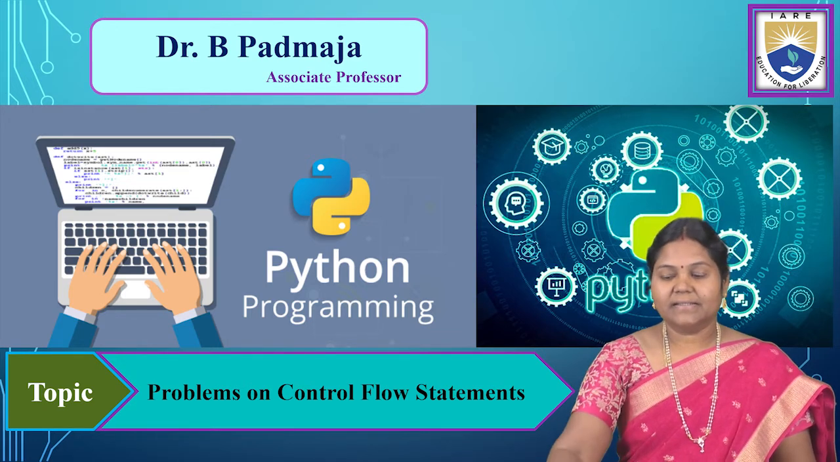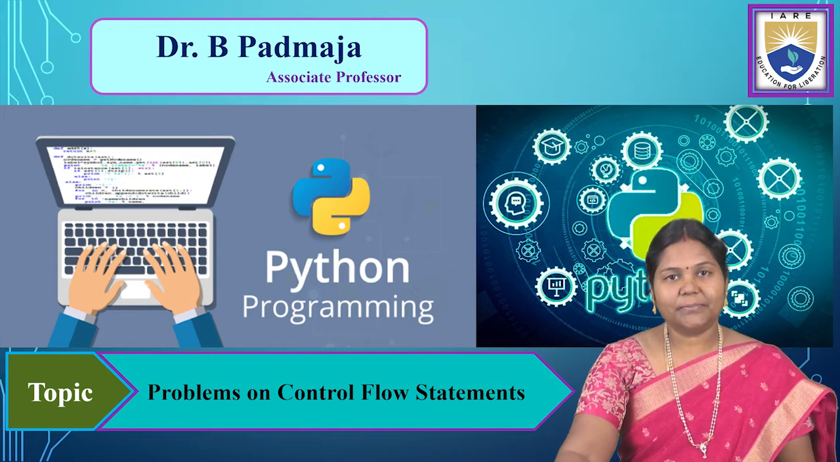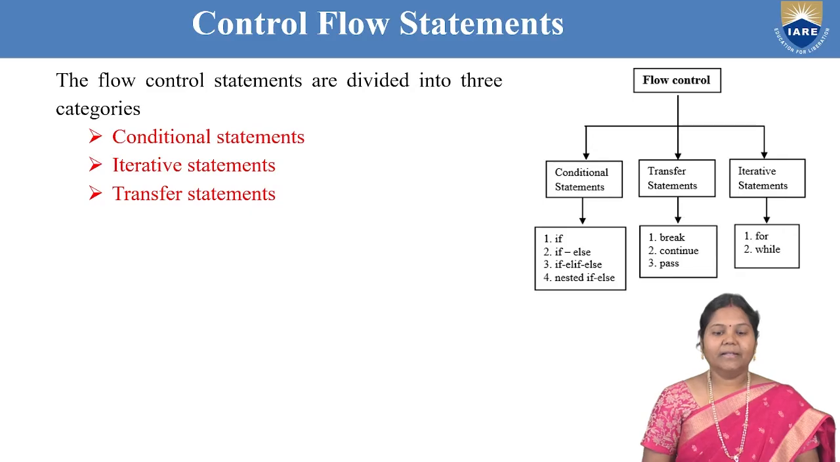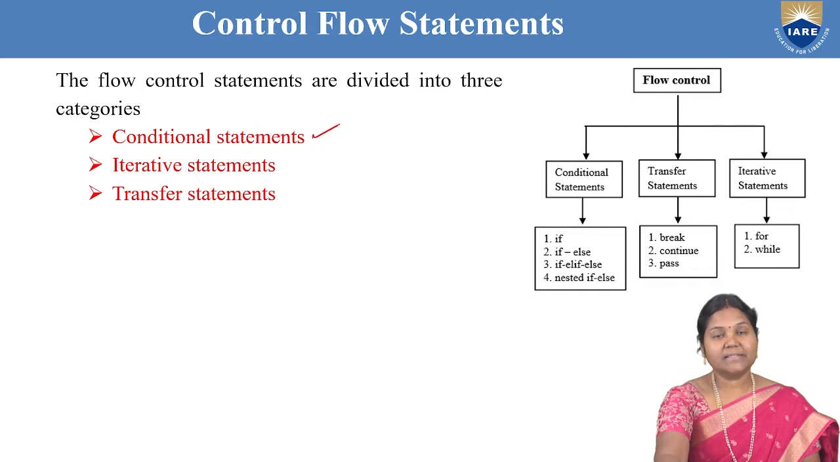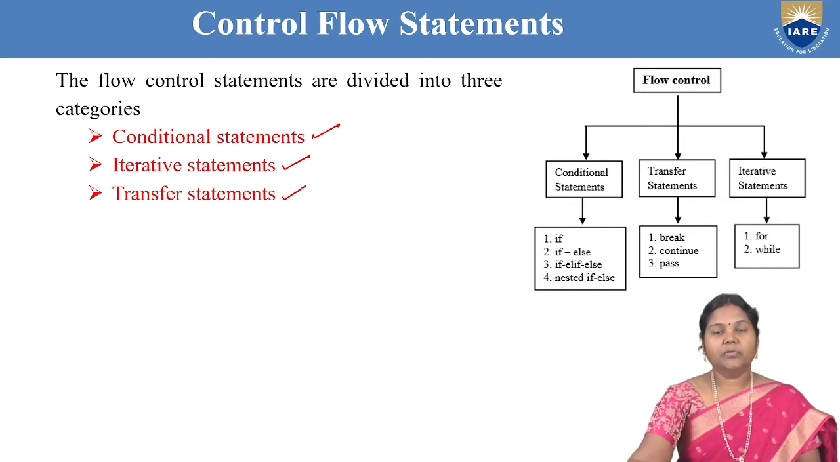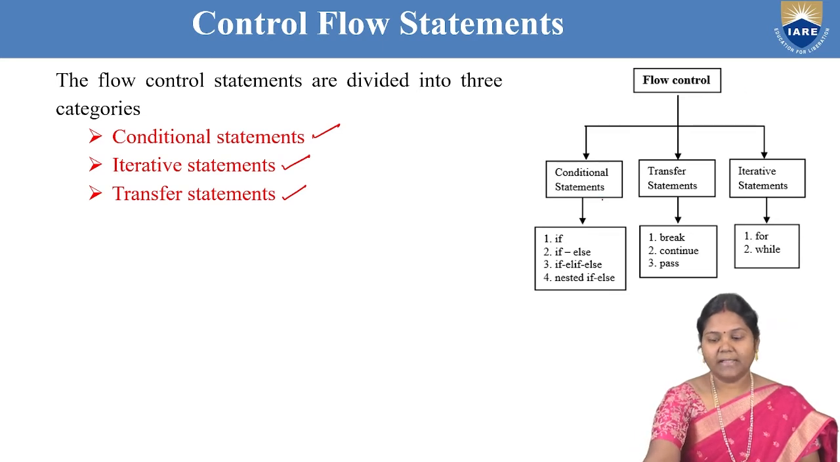Now, let us start with the control flow statements in Python. The control flow statements are divided into three categories in Python. The first one is called conditional statements, the second category is called iterative statements, and the third category is called transfer statements. If you look at the diagram, the flow control statements are divided into conditional, transfer, and iterative